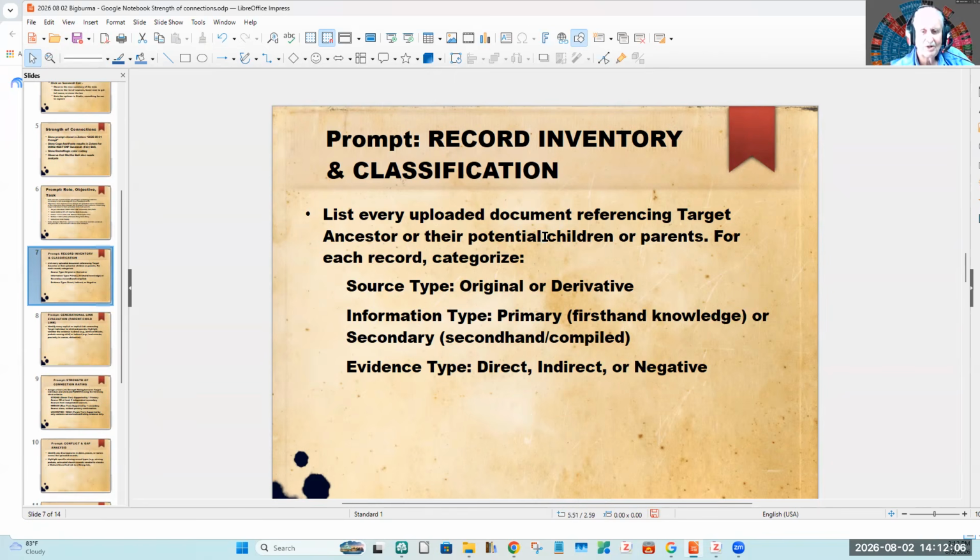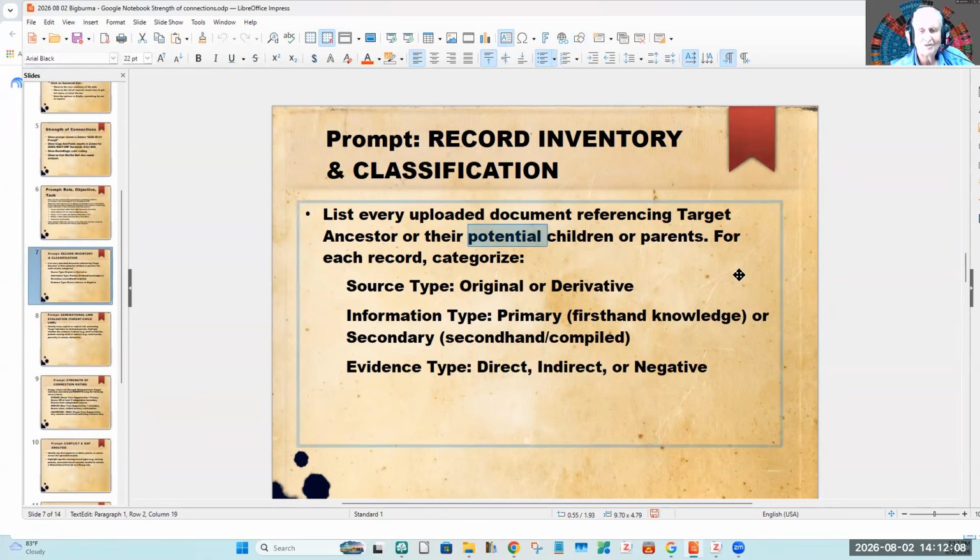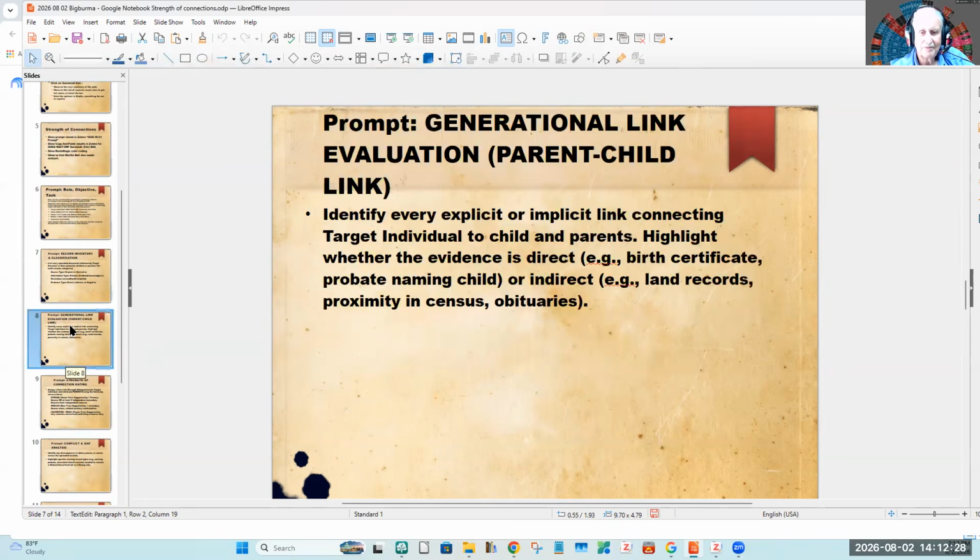I use potential in there because we haven't really strongly done that yet. For each record, categorize the type, source type, information type, and evidence type. So we've got the standard things that are in all the genealogical literature.